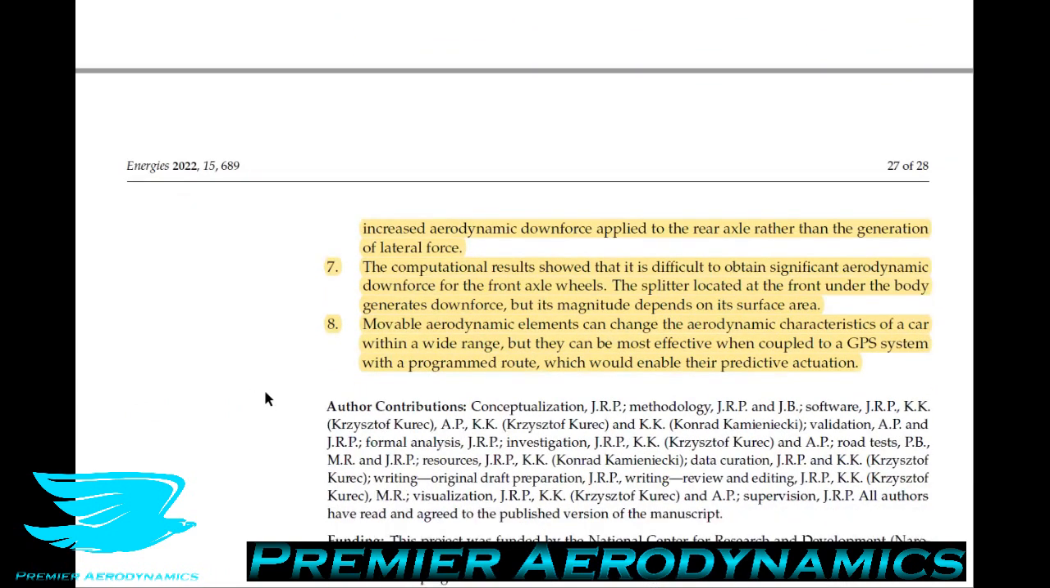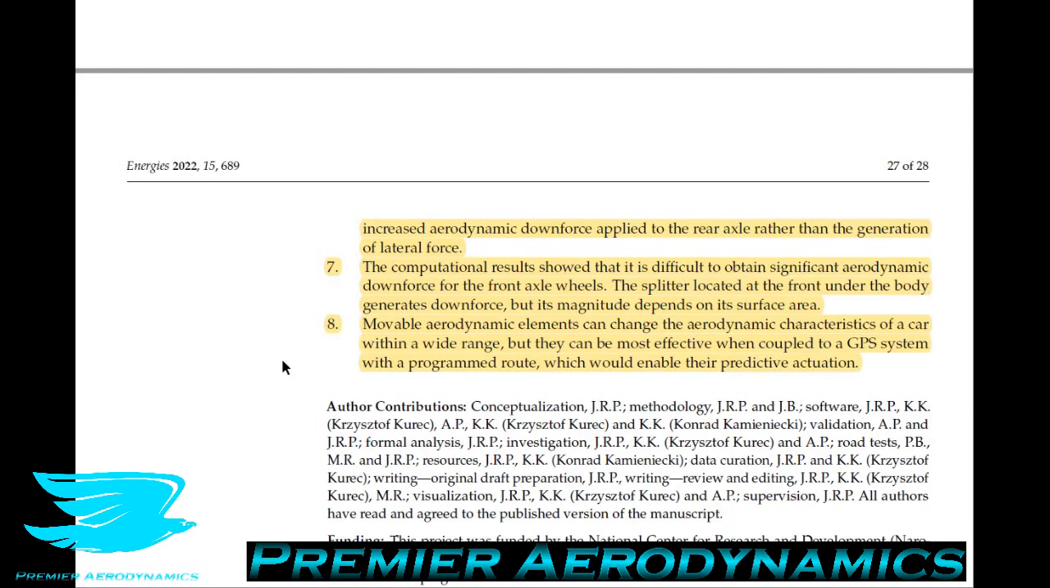The seventh conclusion is the computational results showed that it is difficult to obtain significant aerodynamic downforce for the front axles. The splitter plate located at the front under the body generates downforce, but its magnitude depends on its surface area. And the eighth conclusion is movable aerodynamic elements can change the aerodynamic characteristics of a car within a wide range, but they can be most effective when coupled with a GPS system with a programmed route, which would enable